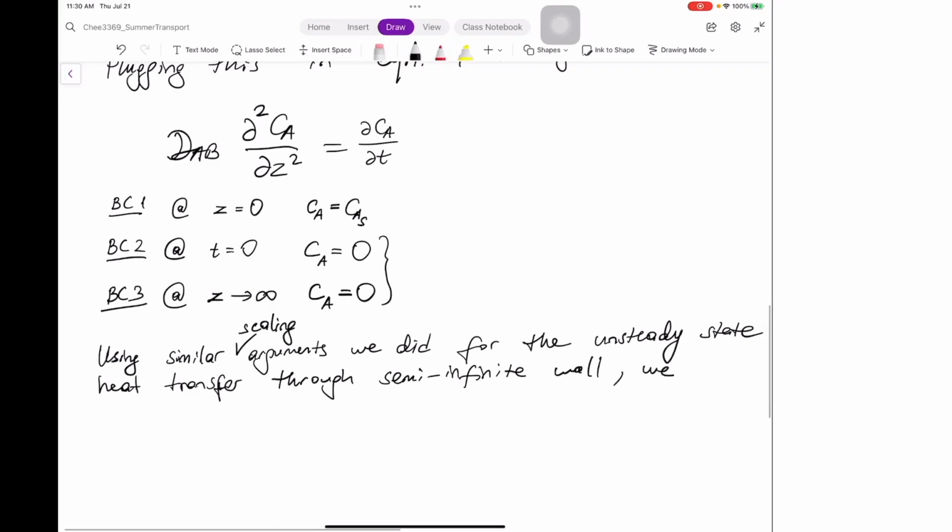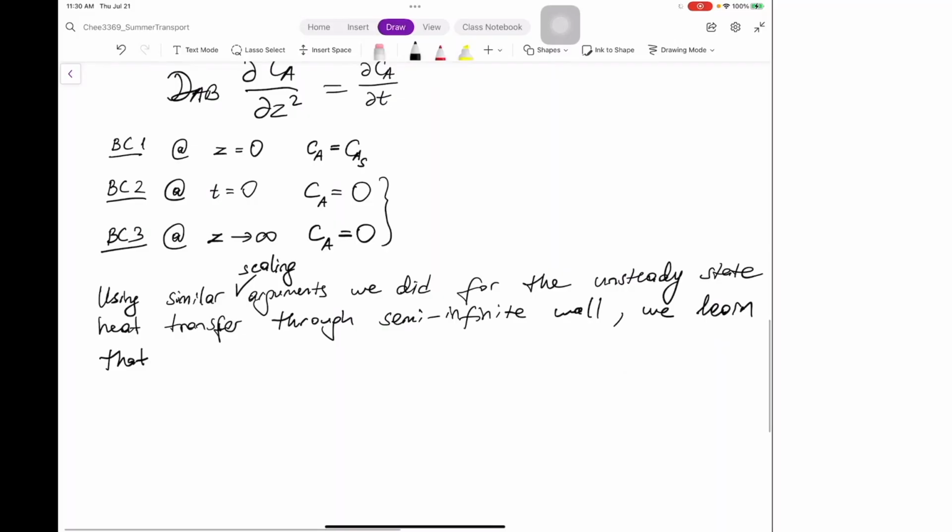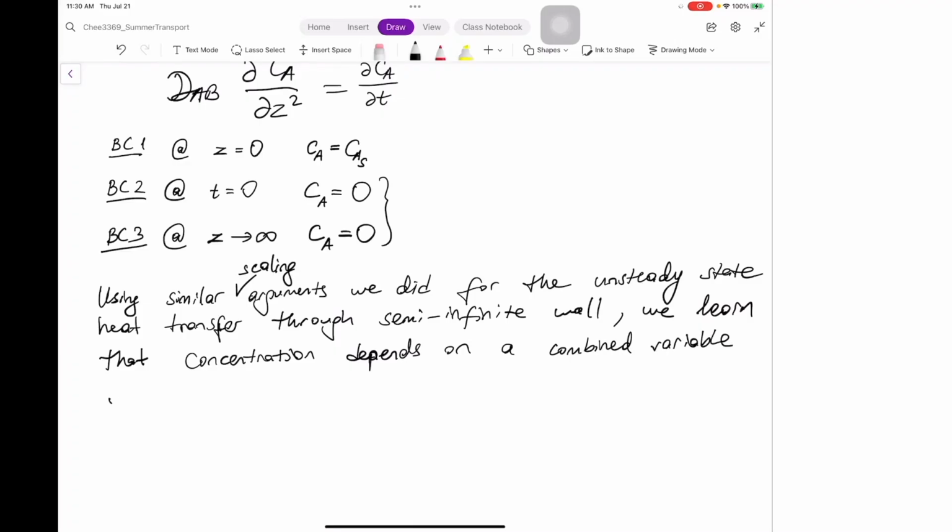We learned that concentration depends on a combined variable of z and t, which is